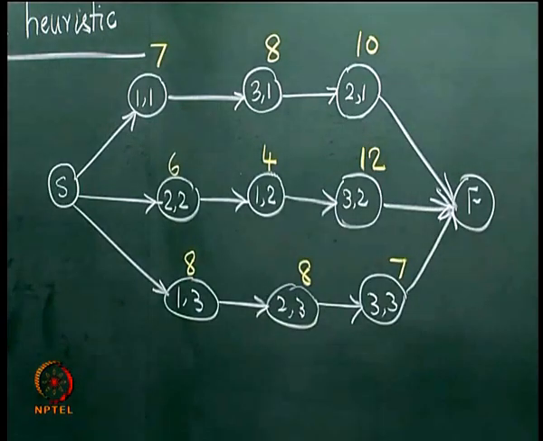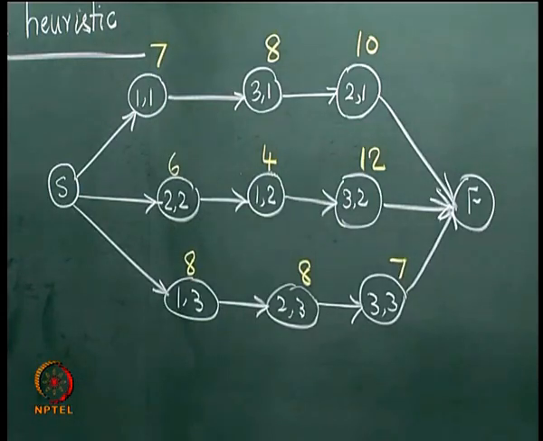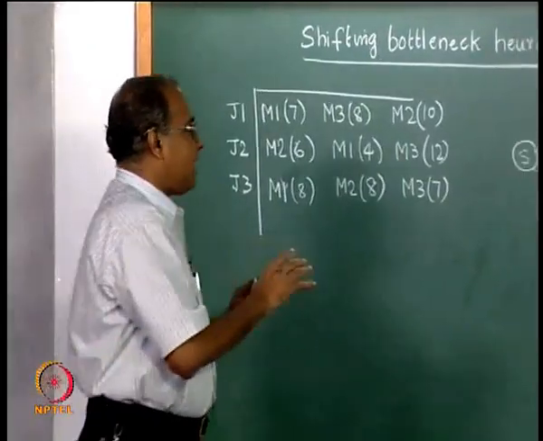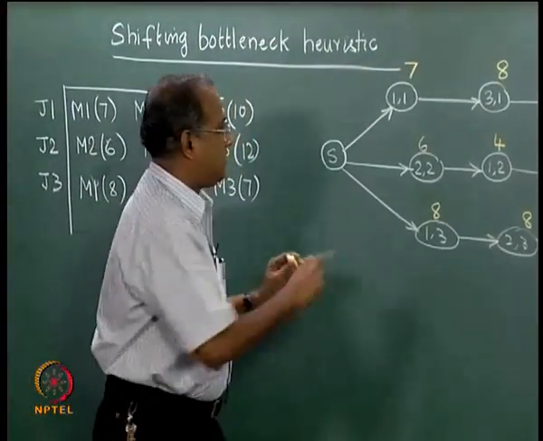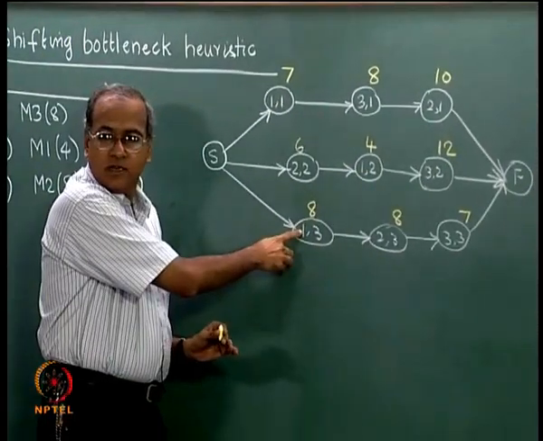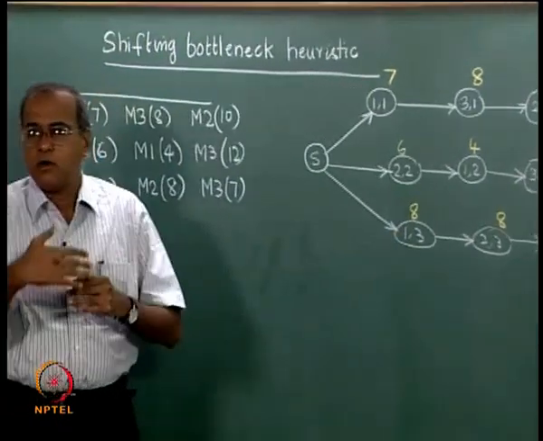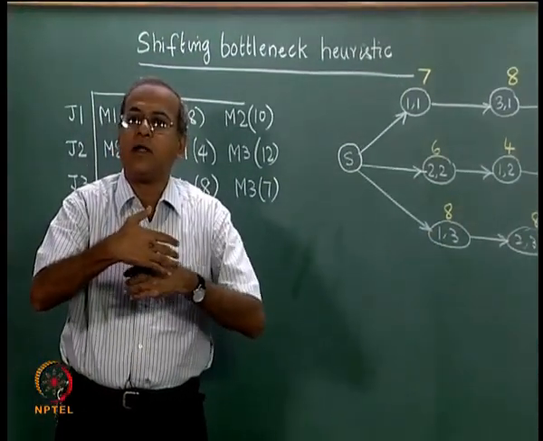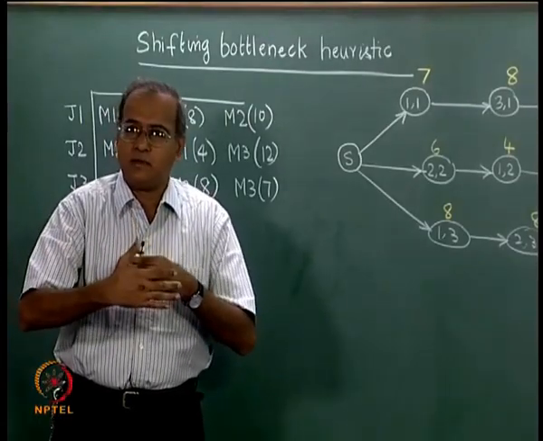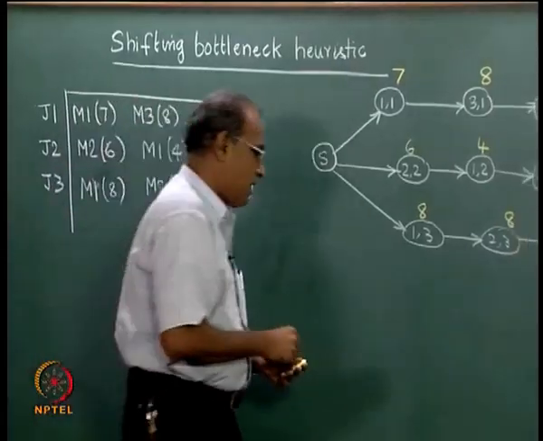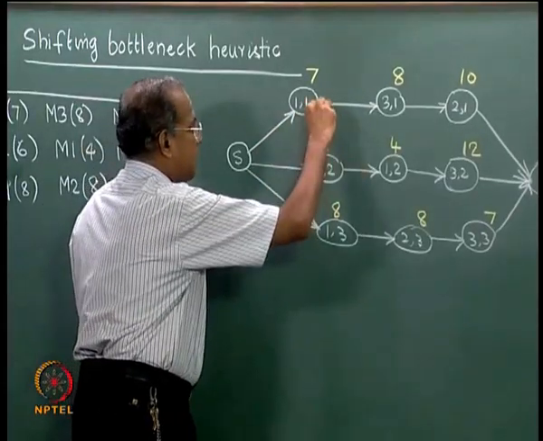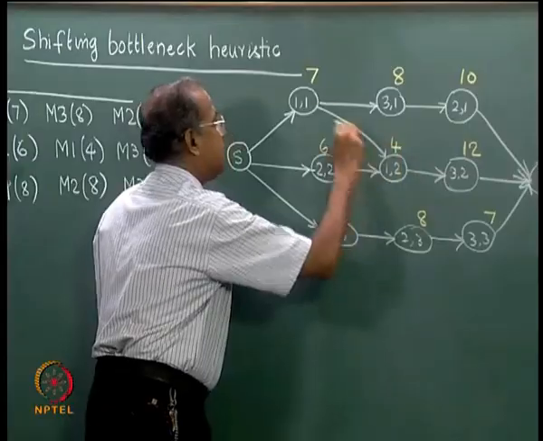But then we also have a condition that a machine can process only one job at a time. So if we take a particular machine, machine 1 figures here as well as here. So machine 1 would now take the jobs according to a particular sequence, and depending on that the time taken will change. So if we take machine 1 and show this, we could have, for example, between jobs 1 and 2 something like this,